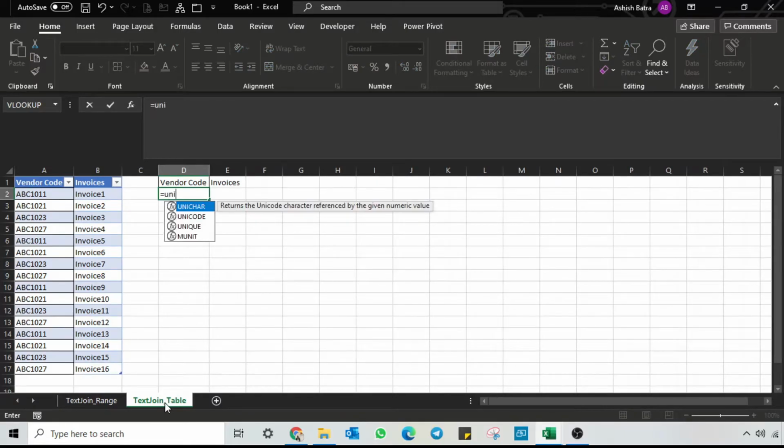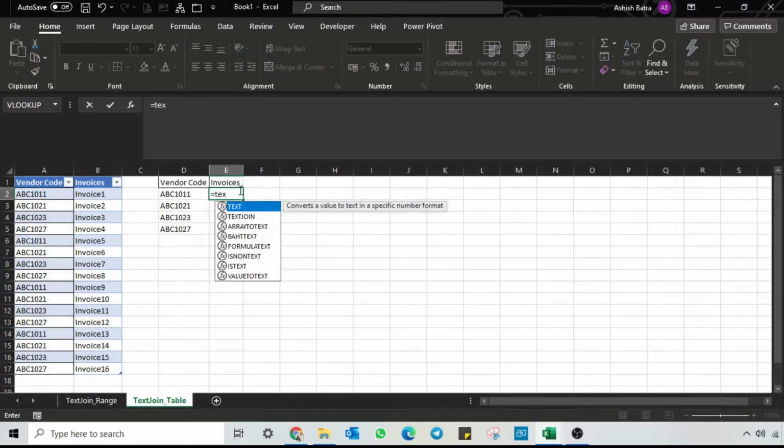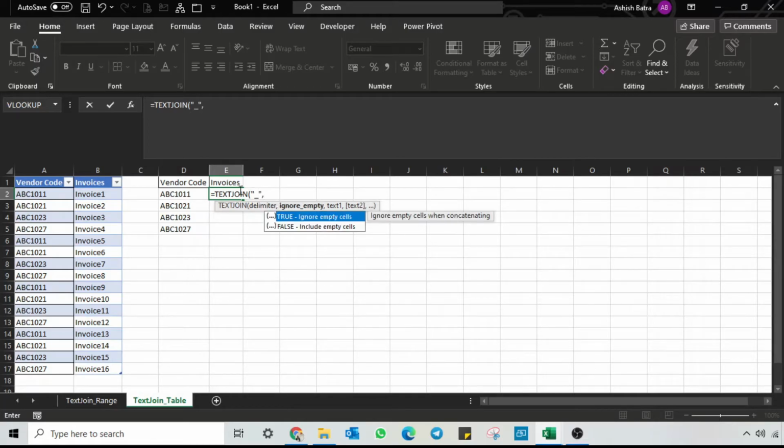I'll bring out the unique values. I'll type equal to TEXTJOIN, delimiter. Let's use underscore this time. TRUE, ignore empty cells.